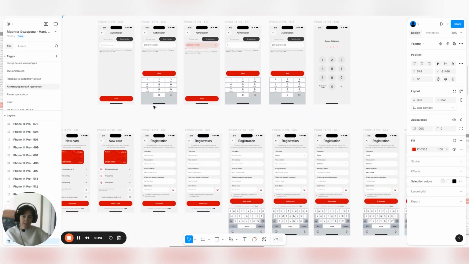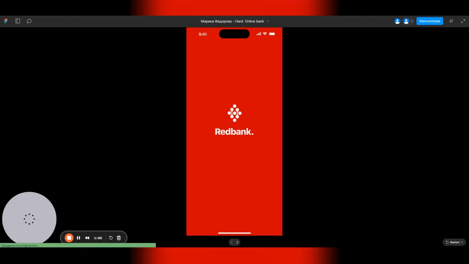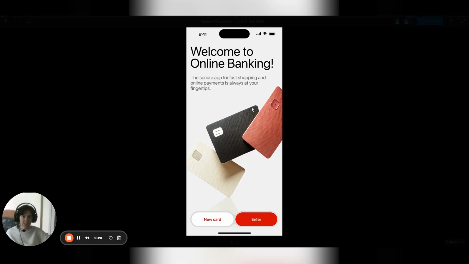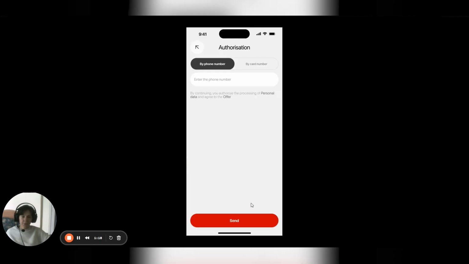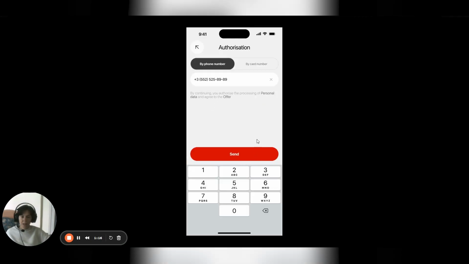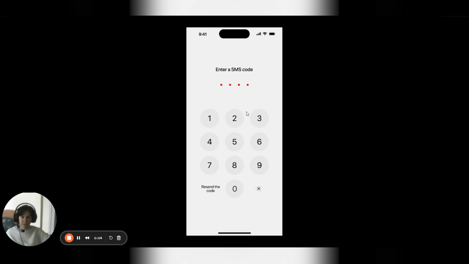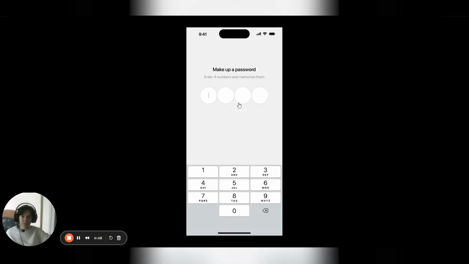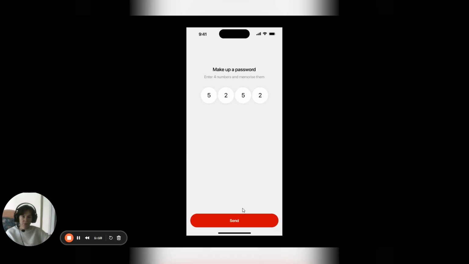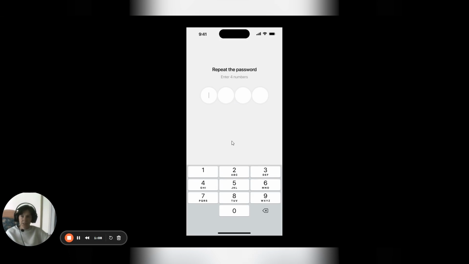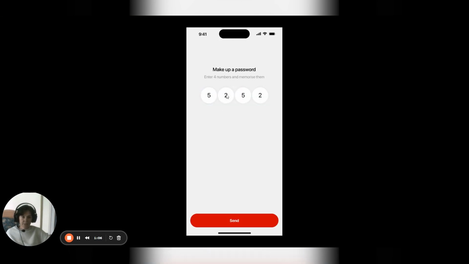I created an interactive prototype and tested it on 6 people. They said that the application is convenient, useful, and has a stylish visual design. That's very good feedback.